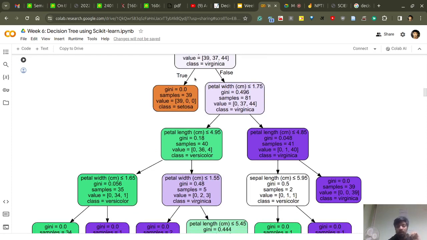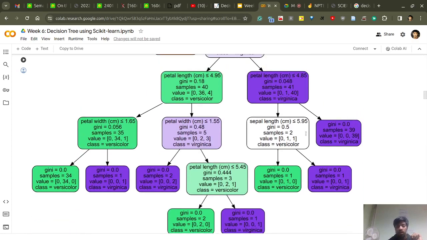Okay. So if it is true, there are no more branches. If it is false, then we check if the petal width is less than this. If it is less than this, then we come here. If it is greater than this, then we come here. Then again, if petal length is less than this, we come here. Again, if petal width is less than this, we come here, and at this point we have reached a decision that this is the